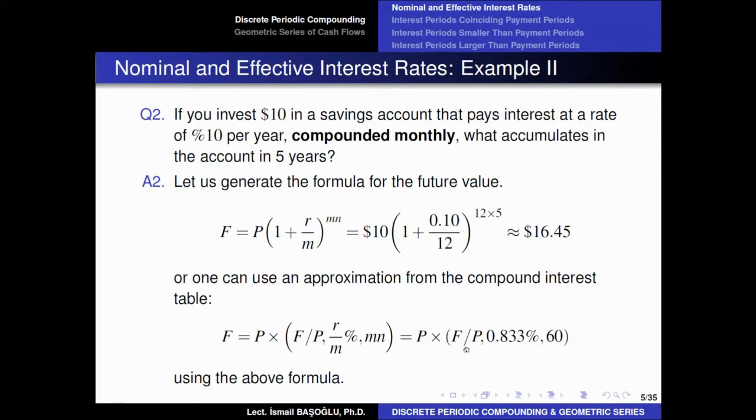Now, the problem is what here? Of course, if we want to search for this single payment compound amount factor from the interest tables, we do not have a page that corresponds to such an interest rate. Therefore, we either use an approximation, a linear approximation between two values, or we can use the formula as above here. We can use the direct formula to calculate this future value, and we are going to get something very close to